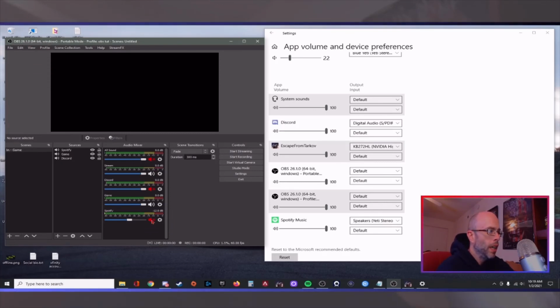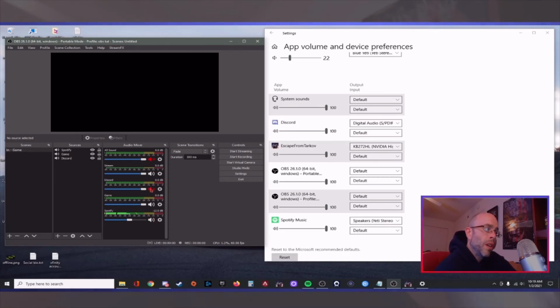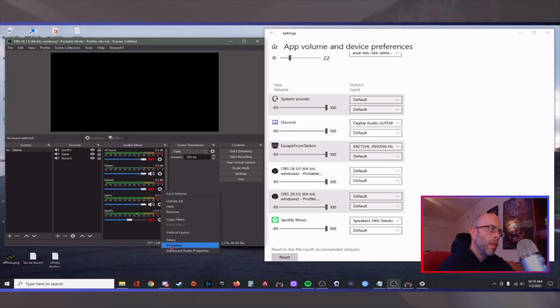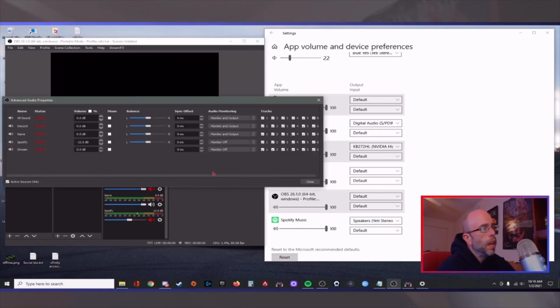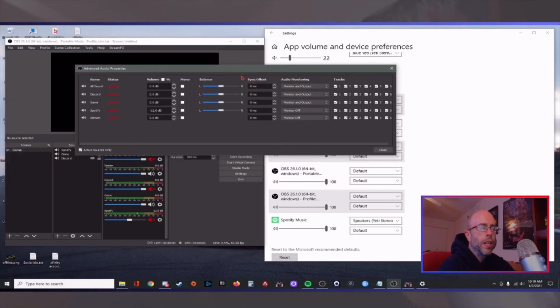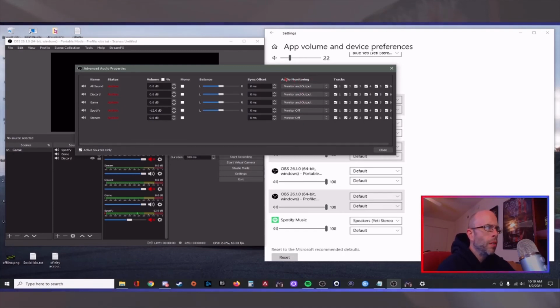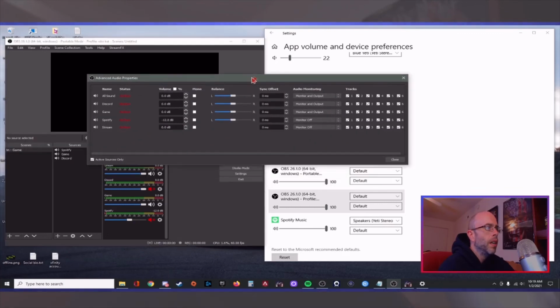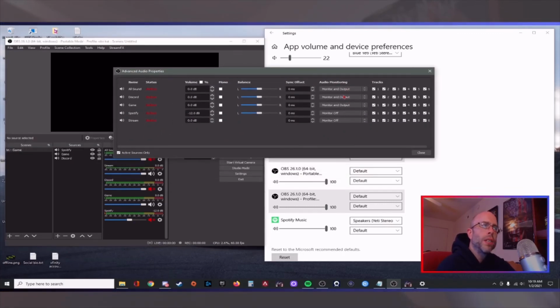Now, again, if you want Spotify to play for your stream, just unmute it. If you want Discord to come through, you would just unmute it. And I will point out, like with Discord, under advanced audio properties, if you are having any issues and you cannot hear Discord or you cannot hear Spotify, come over to audio monitoring under advanced audio properties. So in your audio mixer, right click, advanced audio properties, and under audio monitoring,